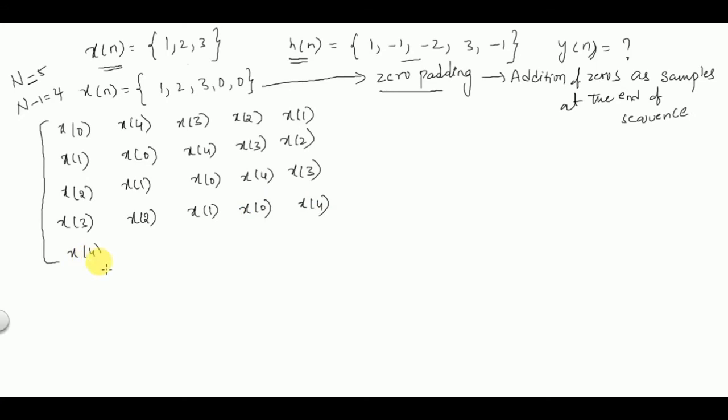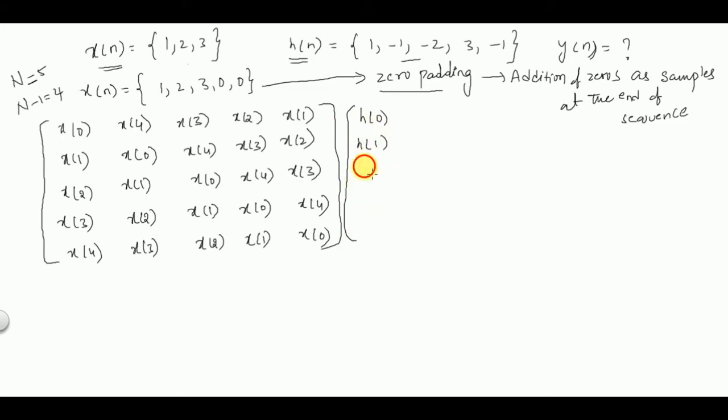Next is x of 4, x of 3, x of 2, x of 1, and this is x of 0. If you shift again, it will become the first row, so we have to stop here. This is multiplied by h of 0, h of 1, so on up to h of n minus 1,